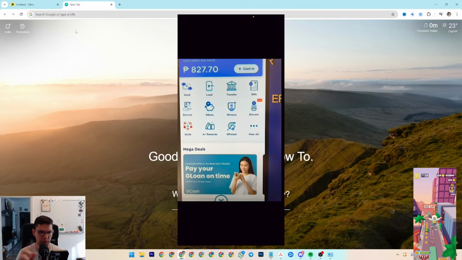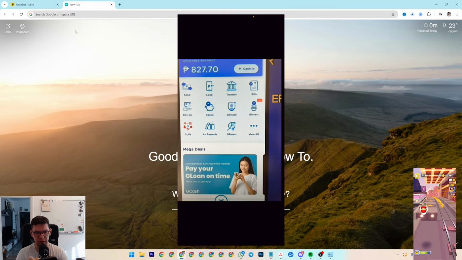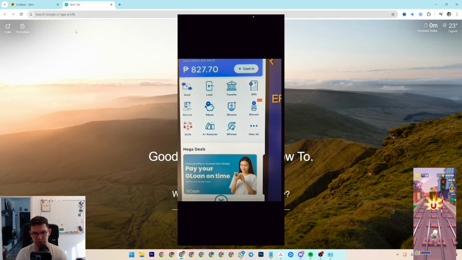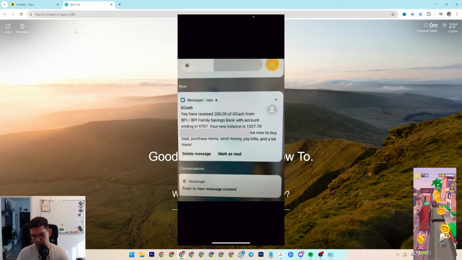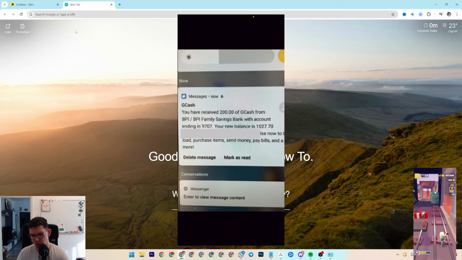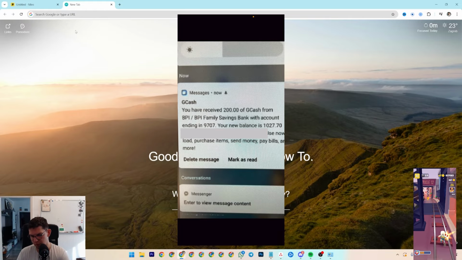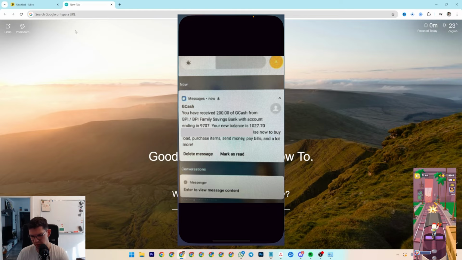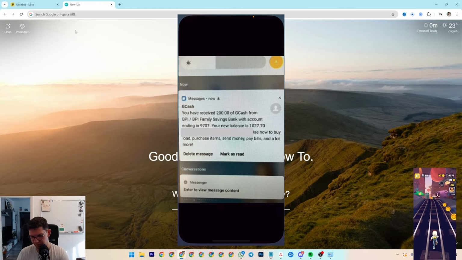And then if you go to the other app, you can see that the money is here. You can cash it in, cash it out, pay later, that's your balance. And as you can see, the message shows that you have received 2,000 of GCash from the family's savings bank account with the ending in, your new balance in, this is the reference number,